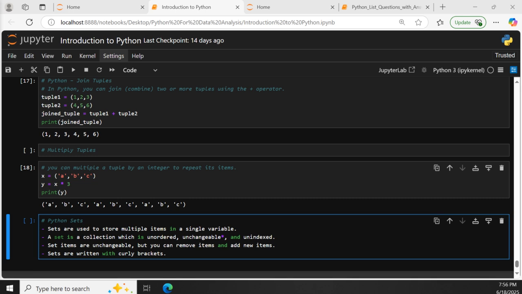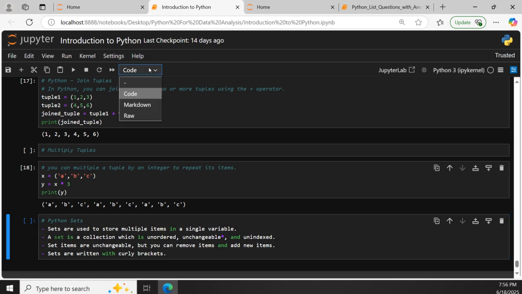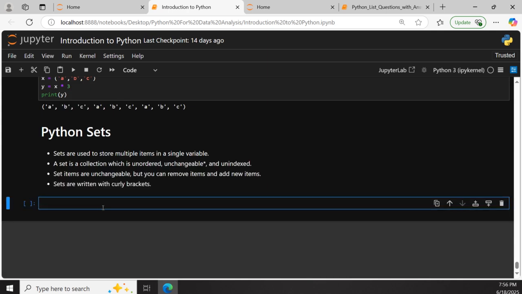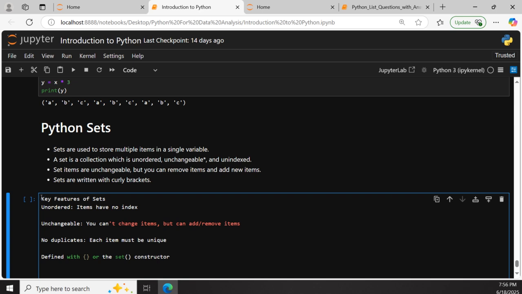So the key features of sets, based on everything I've explained, I'll give us the key features. Change to Markdown. So out of all this, the summary, the key features of this is that